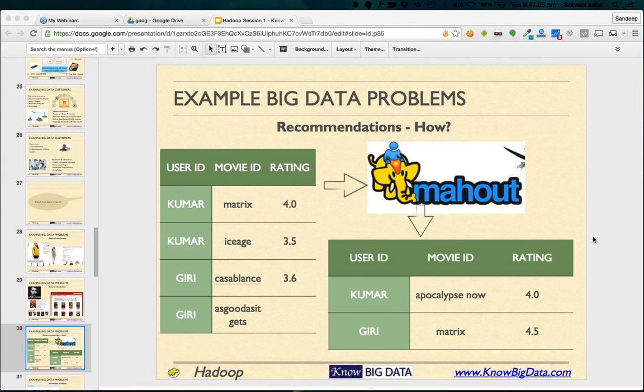Next, how difficult is it to build a recommender system as of today? It's very straightforward. If you are a little bit aware of tools like Mahout, which are part of Hadoop, and we will be covering it in detail, you can straight away use them off the shelf to give recommendations. All you have to do is give them three-column data in the form of user ID, product ID, and how much this user likes this particular product, and Mahout will automatically give you suggestions for products for a particular user ID.